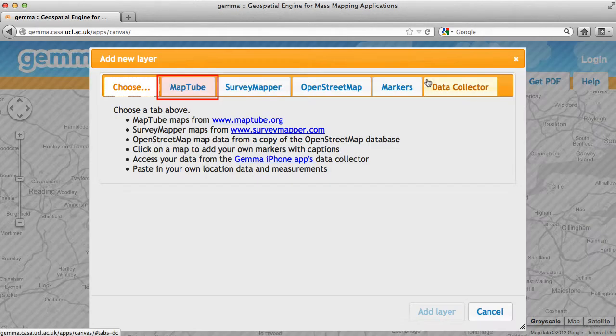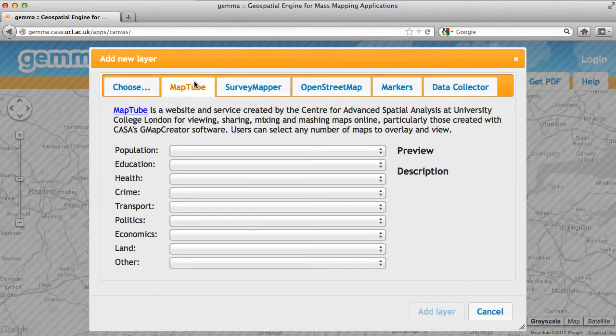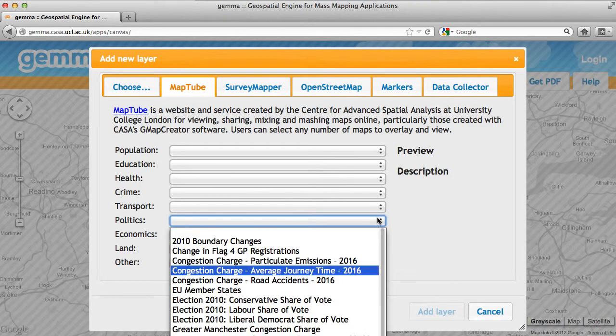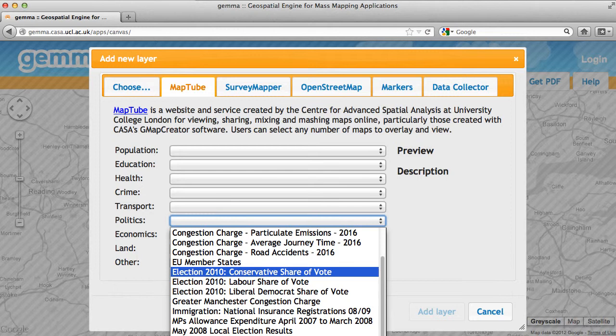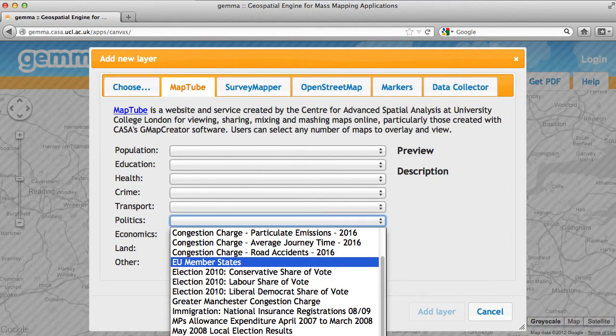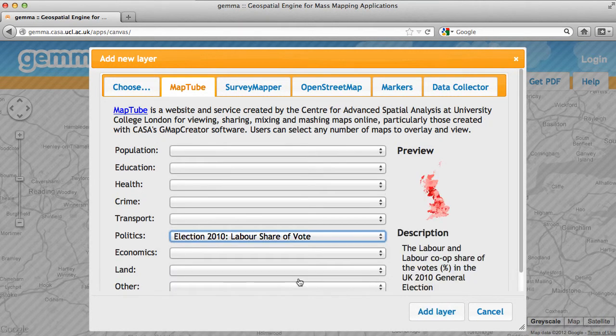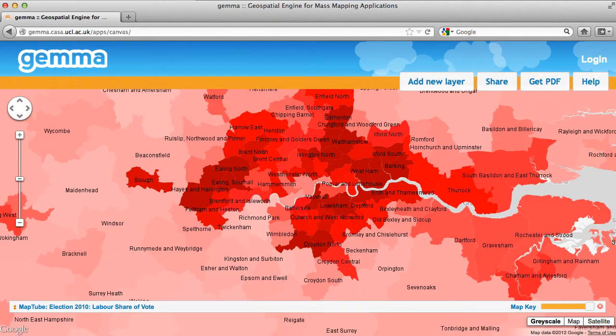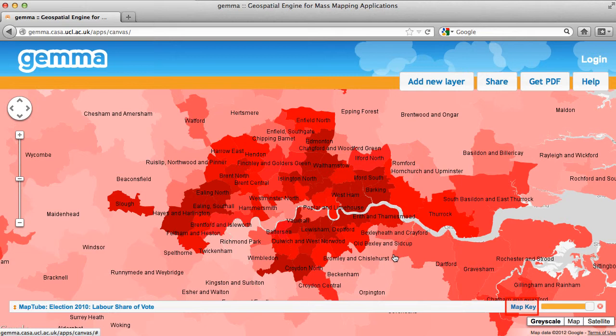If I add a new layer, I'm going to choose MapTube, which is a selection of pre-prepared maps for us. And let's choose politics and Labour share of the vote, election 2010. Click add layer, and you can see there over London it's come up with a series of reds, and if I click the key